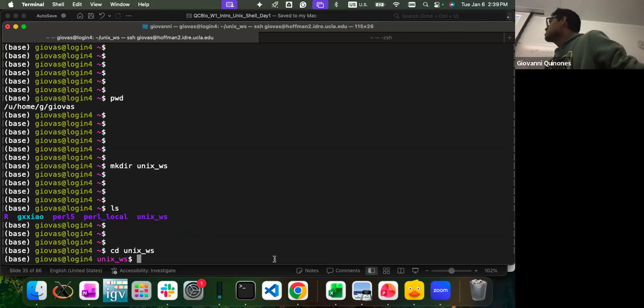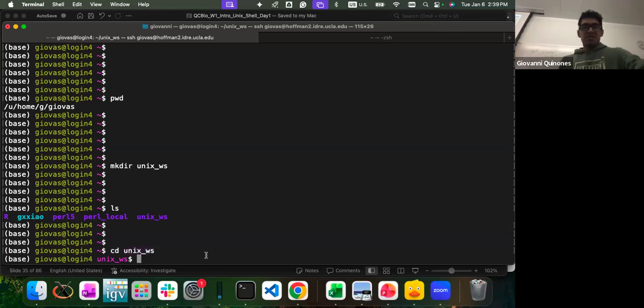Now, the first thing you'll notice is that we're no longer at the home directory. We are at the Unix WS directory. The other thing you'll notice is that in order to move to this folder, we only typed in a relative path. We only typed in the name of the folder because it's located right there, right?